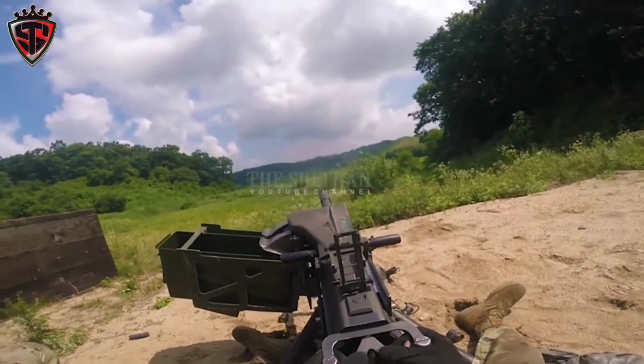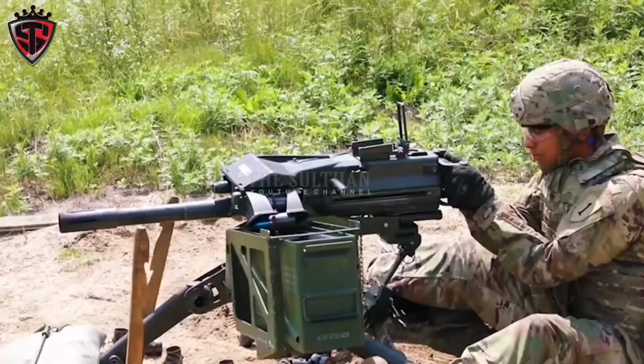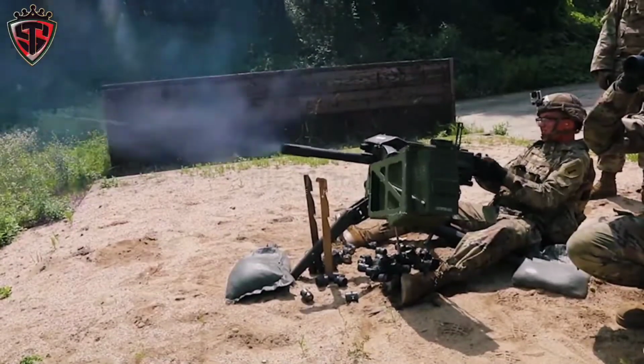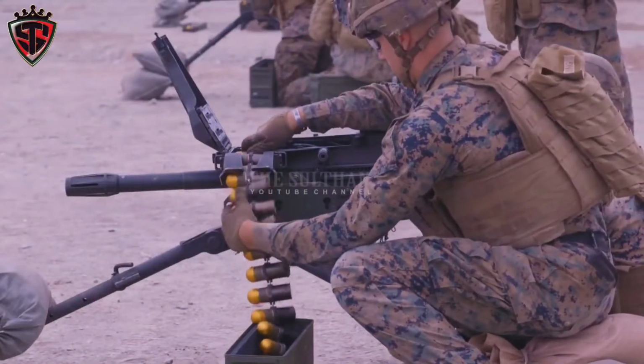We are talking about grenade machine guns. I've talked about them a little bit in the past before, especially with the AGS-30, and if you want to go check out that video, go check on the little link above. But we're today talking about the 40mm projectile that's used across most standard NATO grenade machine gun platforms, particularly the